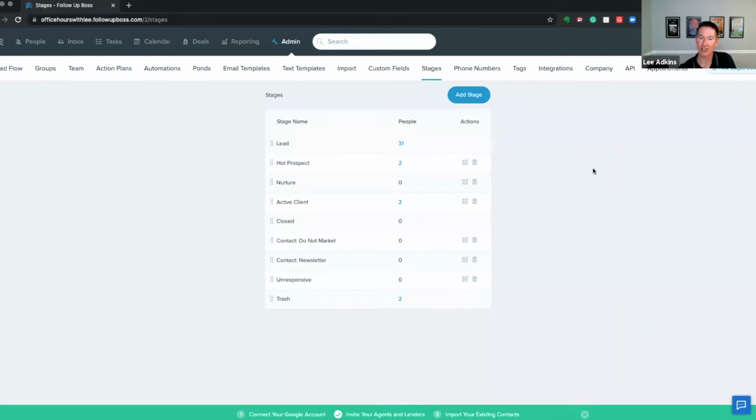If you have 50 agents that are trying to remember what is hot, what does hot prospect mean? Because in and of itself, does that mean they're pre-approved? Does that mean they actually want to talk to you? Does that just mean they're looking at a lot of properties? You'll have to define these for it to even still work. So I think just having internal definitions around hot prospect means they've talked to you and they're willing to talk to a lender, or they are currently pre-approved, or maybe you want a pre-approved stage. That's fine, but be really clear with what those definitions are.